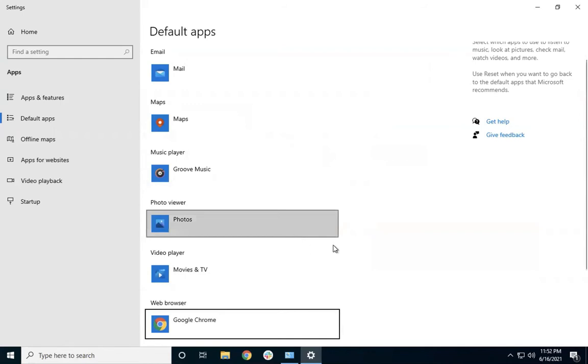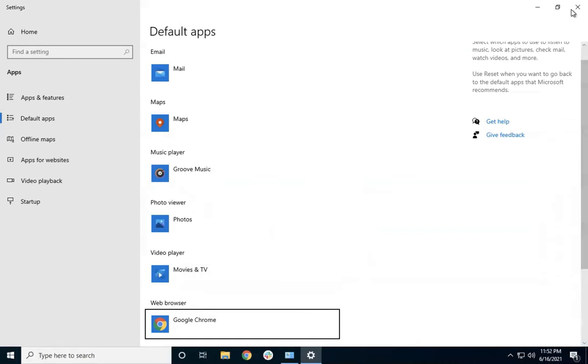I just quoted changing the browser as an example. This is not relevant to control panel, but I am showing the power of this search bar. So make sure you use this search bar effectively depending upon whatever action you want to perform as part of your system. Now comes the task manager.